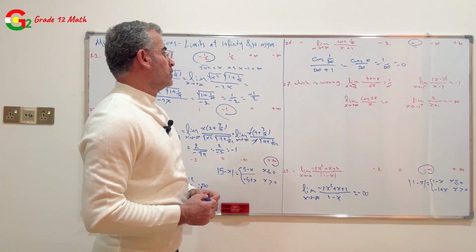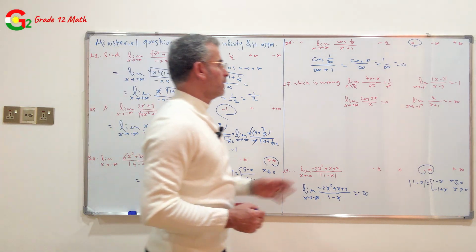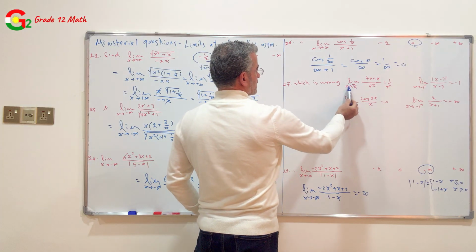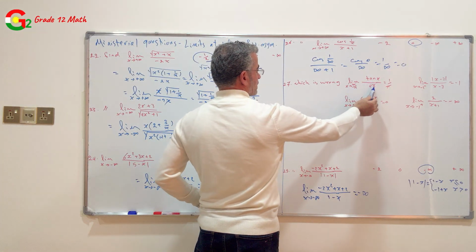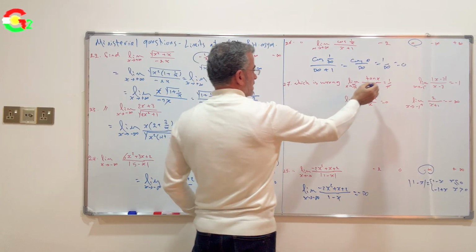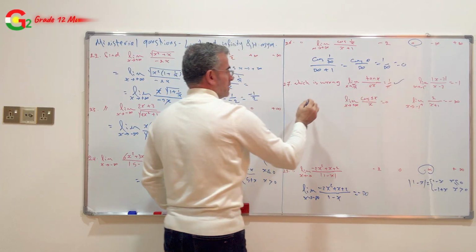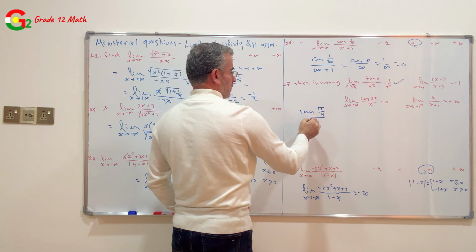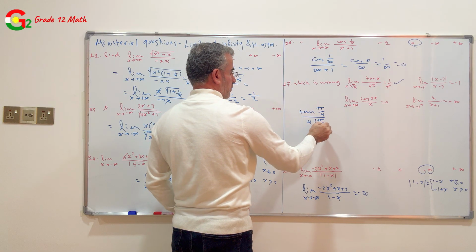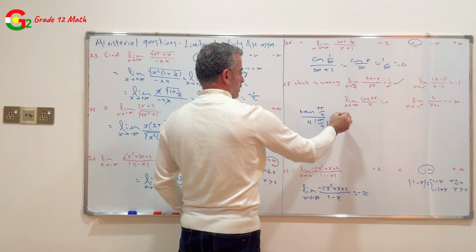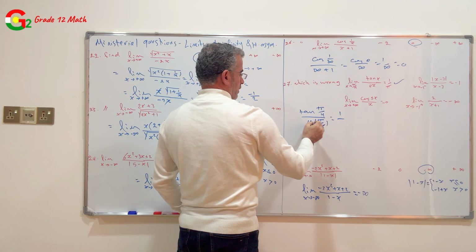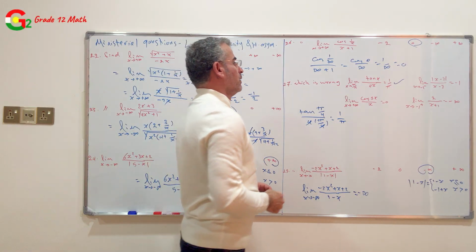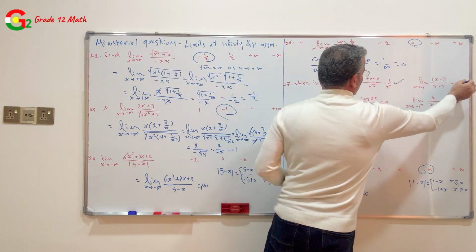27. Which is wrong for the following limits? For the first limit, limit x approach to pi over 4 tan x over 4x is true since tan pi over 4 times pi over 4 equal to tan pi over 4 is 1. Reduce 4 with 4, the result is 1 over pi. It is true. For the second one is also true since